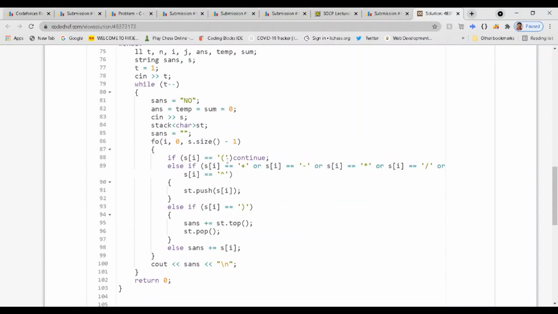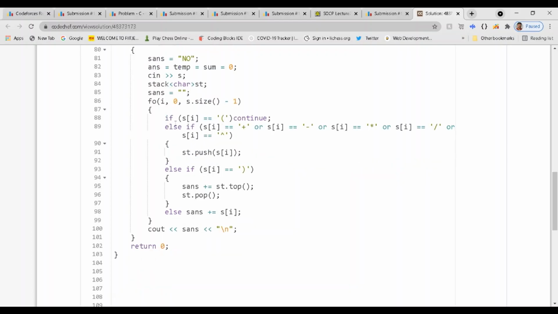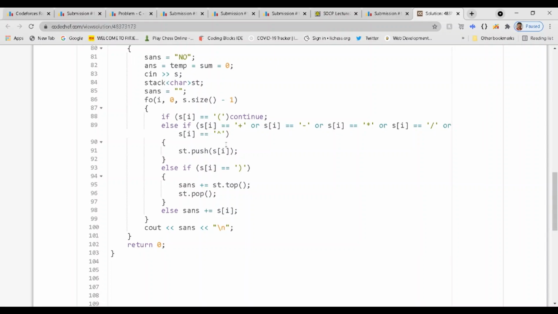What I did is I input the string. I made a stack of characters and an initial string which is empty. Then I iterate through the string. If I get an opening parenthesis, I don't do anything. If I get an operator like plus, minus, multiplication, or divide, I push it into the stack.